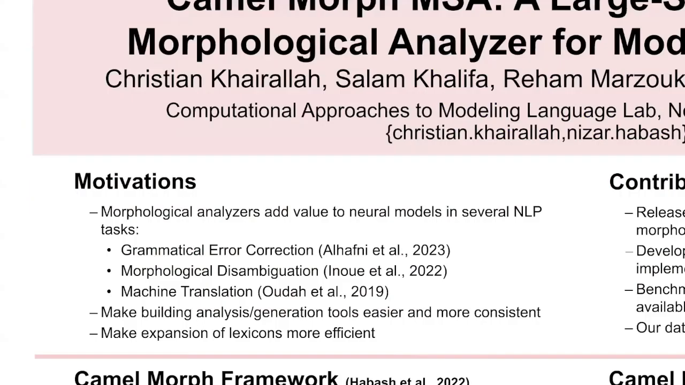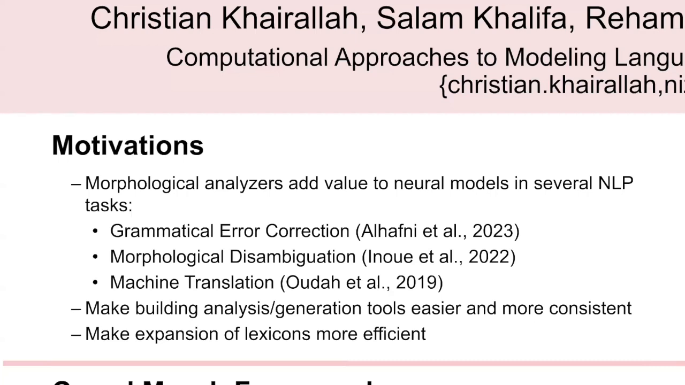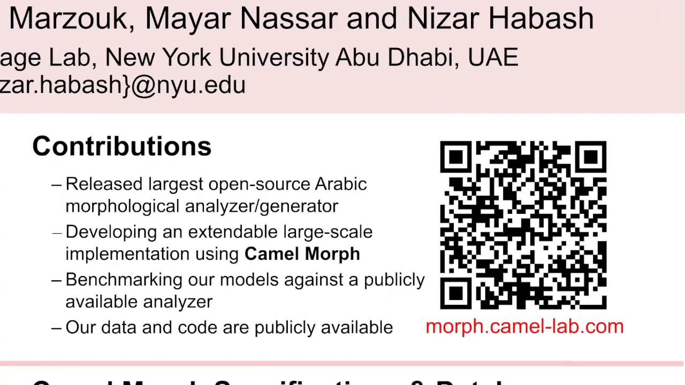Over the last 4 decades, many approaches have been explored in developing Arabic morphological analyzers and generators. These tools continue to show value for Arabic NLP when paired with state-of-the-art neural models on various tasks. But developing such tools is neither cheap nor easy, and many of them are either not open source, not freely available, or incomplete. In this presentation, we showcase Camel Morph MSA, which is part of the overarching Camel Morph project,